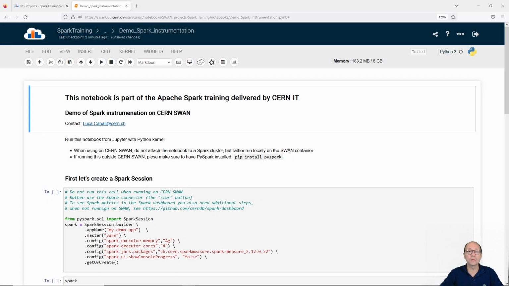Welcome to this demo on how to use Spark instrumentation on CERN Swan, a web-hosted notebook service at CERN. This is part of the Apache Spark training delivered by CERN IT. So we'll be seeing today some workload on Spark and how we can measure it using integrations with Swan and